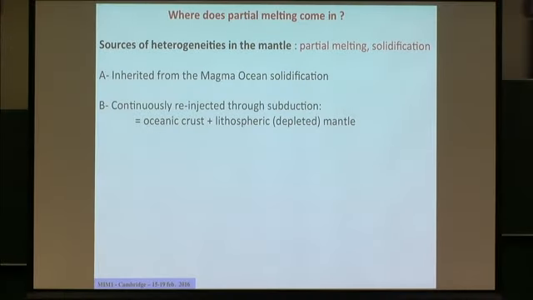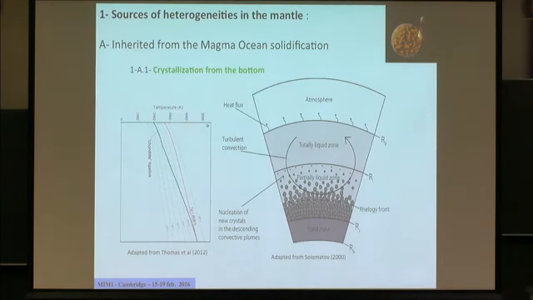So partial melting, I think, is very important because in fact it's the source of the heterogeneities in the mantle. Partial melting and solidification occur through two main processes. Those heterogeneities can be inherited from the early stages of the planet, like magma ocean solidification, but they are also continuously reinjected through subduction, since we are subducting a sandwich, or millefeuille, of oceanic crust and lithospheric depleted mantle. So first of all,